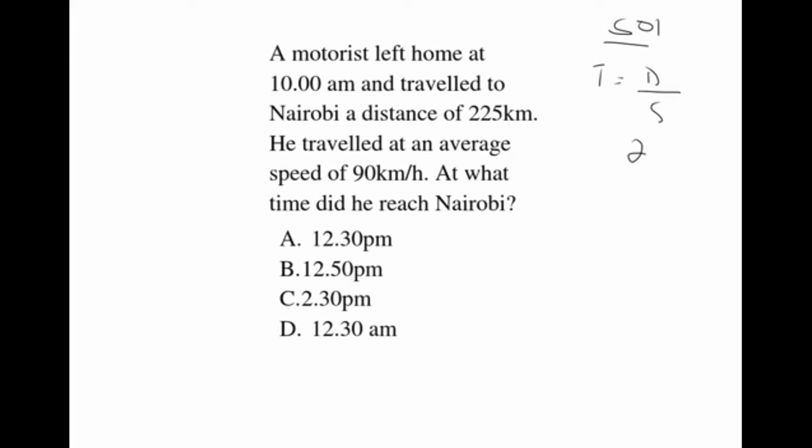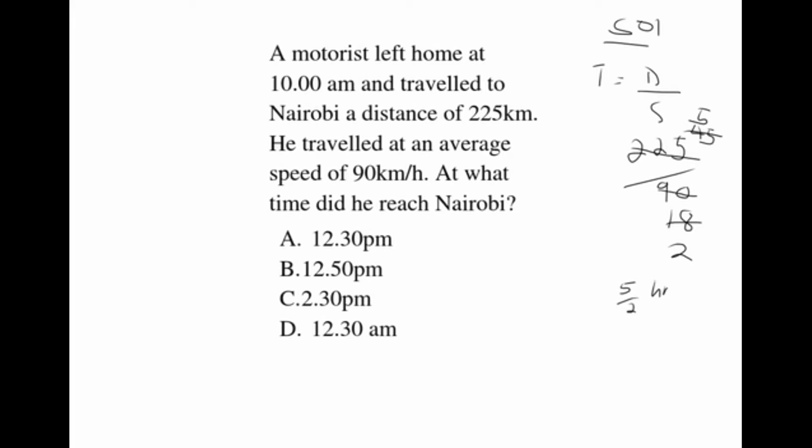The distance 225 kilometers. The speed 90. Then we can simplify. We can simplify here by 5. 90 divided by 5, 18. 225 divided by 5, 45. Then 45 divided by 9, 5. 18 divided by 9, 2. Therefore we have